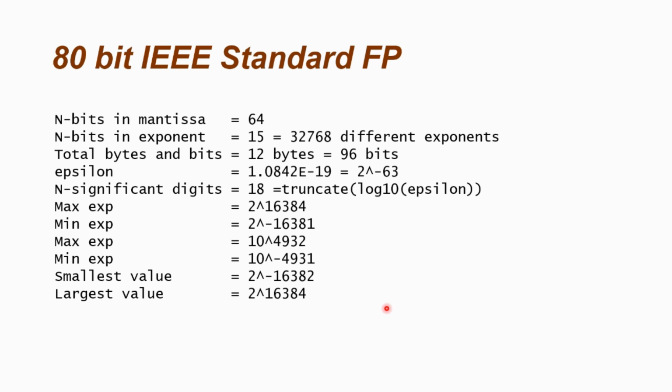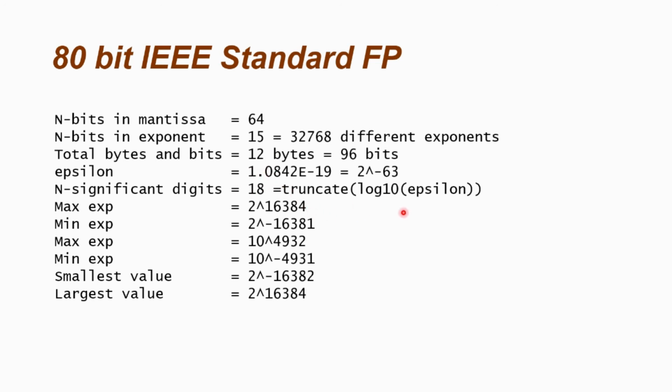Apart from this, there is a 80-bit standard which is also implemented in many chips, but it depends on the hardware you're using. This is a pretty old standard. This is known as the 80-bit IEEE standard, but it actually is stored in 96 bits on most computers. So there are 64 bits in the Mantissa and 15 bits in the exponent. Totally, the 96 bits are used to store. The epsilon value is 2 to the power minus 63. You get around 18